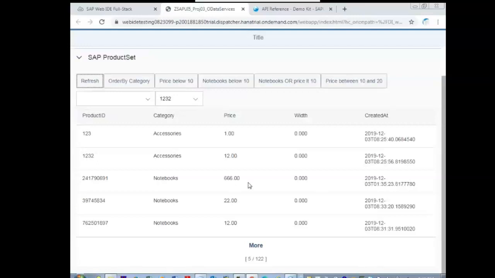Requirement is I want to read the row of any row I select. I want to read that row only, that row's data. Everybody done with the dynamic select? Please let me know. If you want me to stop, I'll stop for a few more minutes.